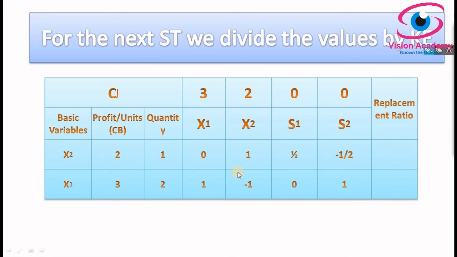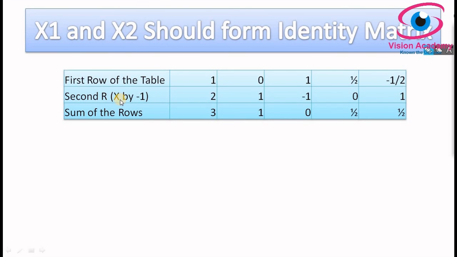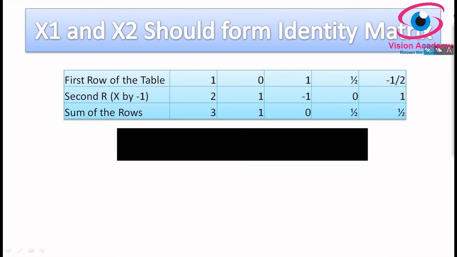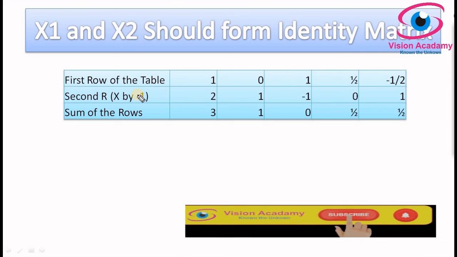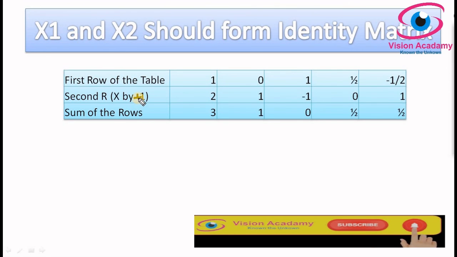Here I want to make this 0. For that I am not going to change the sign of the key element, because if you make 1 minus 1 it will become 0. If there were no minus value here, I could have assigned minus 1. Okay, very important. So here I have considered minus 1 for the second row, and this is plus 1, not minus 1.